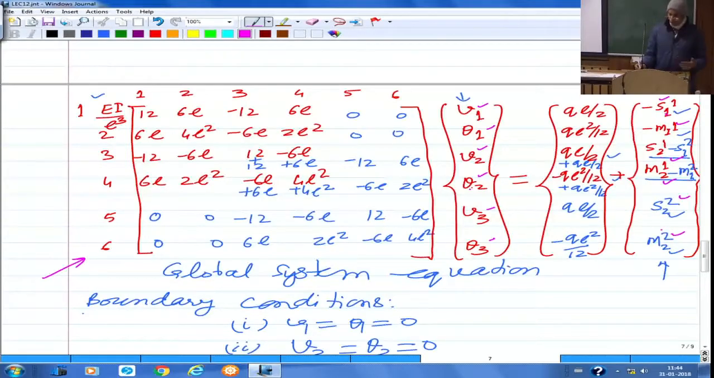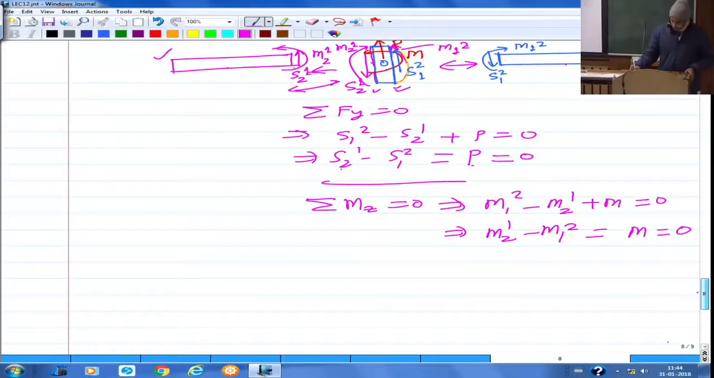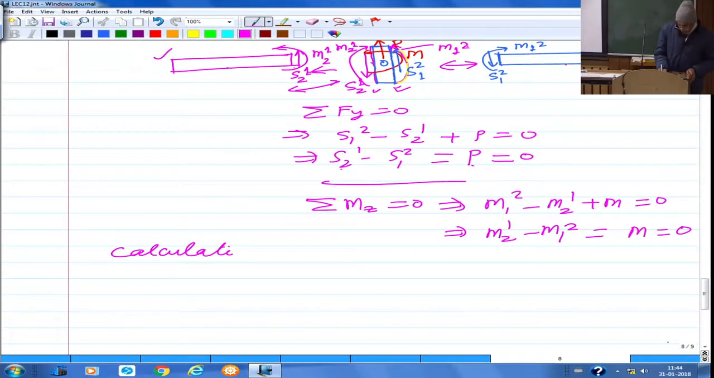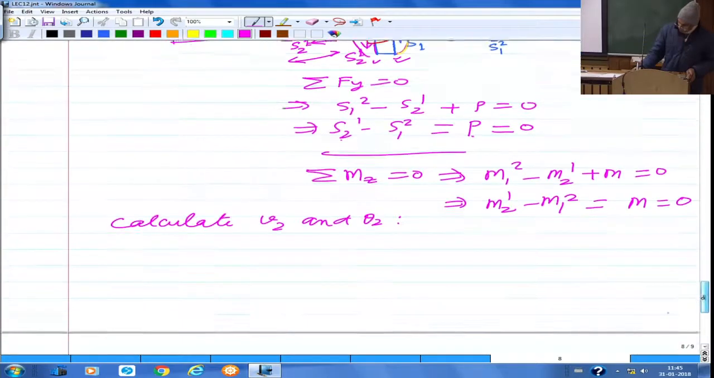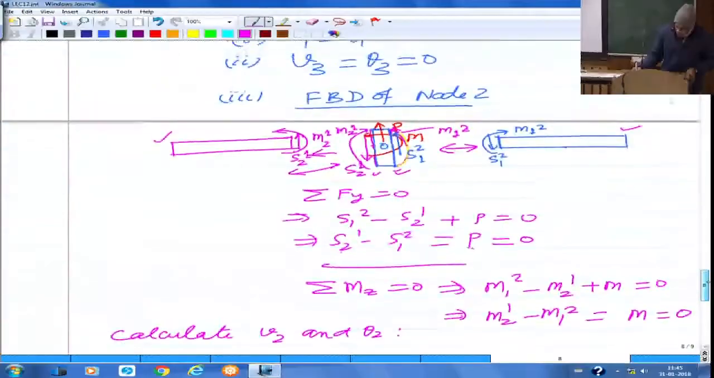So, that you can do later after calculation of V2 and theta 2. So, how do we calculate V2 and theta 2? So, first calculate V2 and theta 2. When you calculate V2 and theta 2, see, basically you are